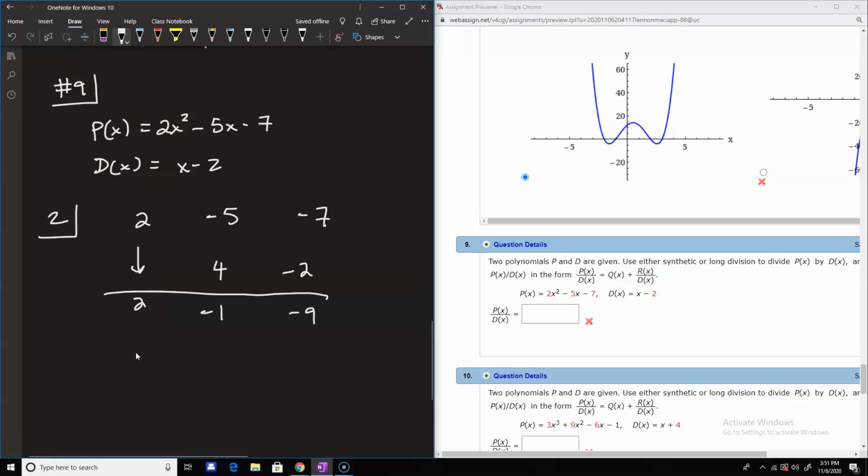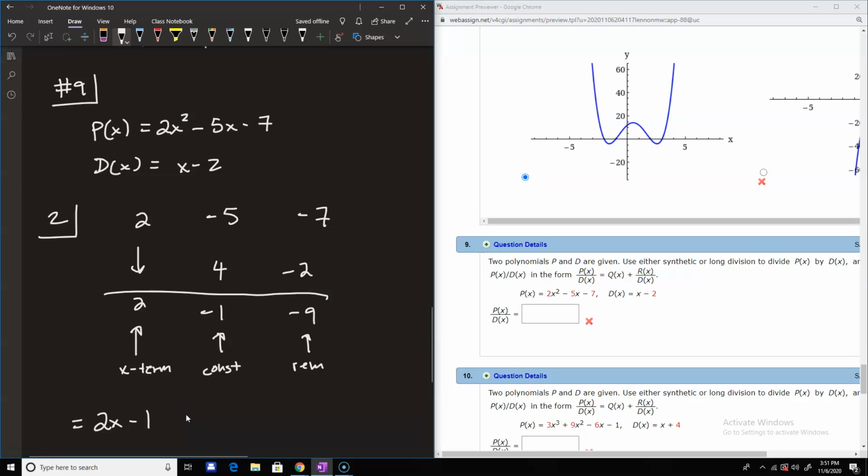So what they're saying is they want us to write it as q of x plus the remainder over the divisor. So remember, this one is your remainder, this is constant, this is your x term, and then the degrees just increase as you keep going to the left. So our answer should look like 2x minus 1, and then